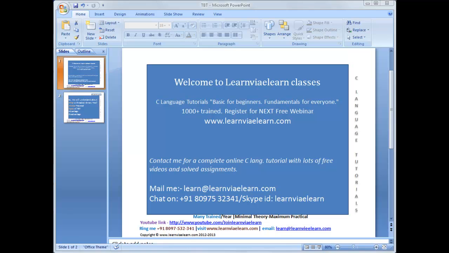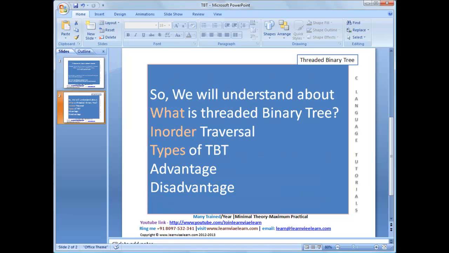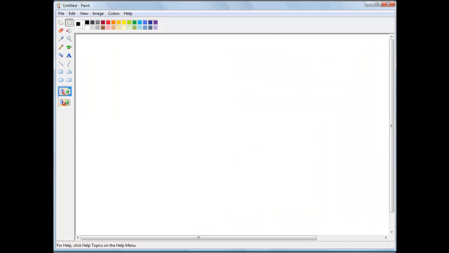So in today's class we will see a very fresh new topic, which is called a threaded binary tree. We will cover what a threaded binary tree is. We will also see in-order traversal, which is not exactly part of the threaded binary tree, but we require it to understand the threaded binary tree. We will also see the types of threaded binary tree, and then the advantages and disadvantages of threaded binary tree. So let's get started with our basic